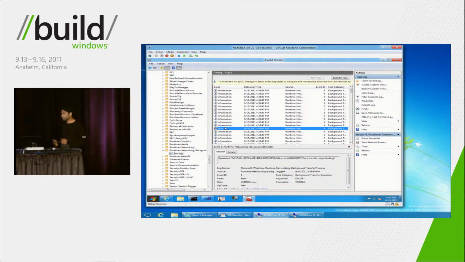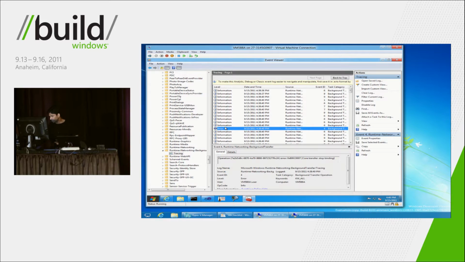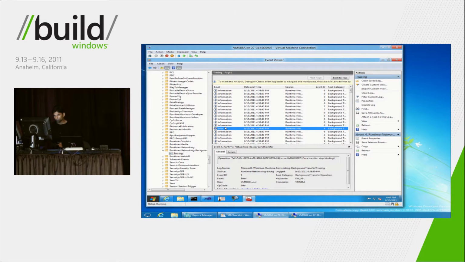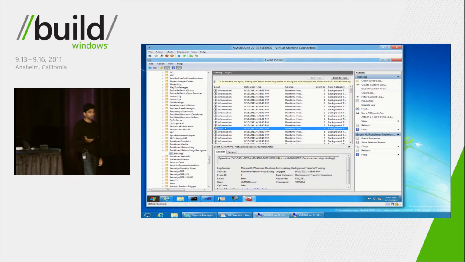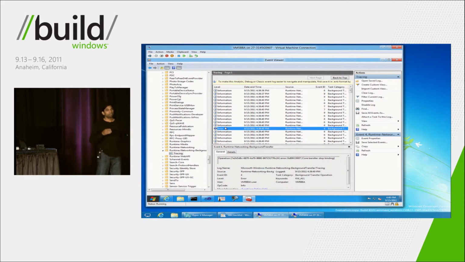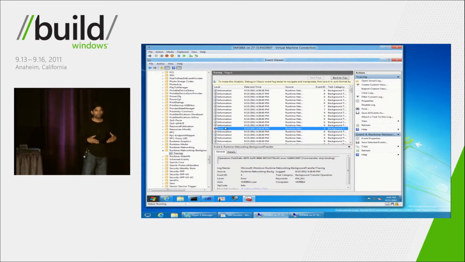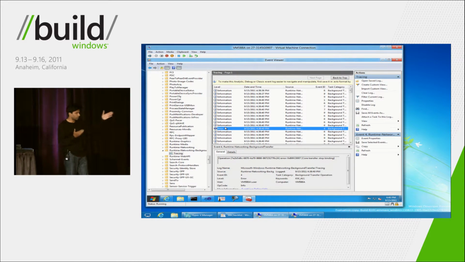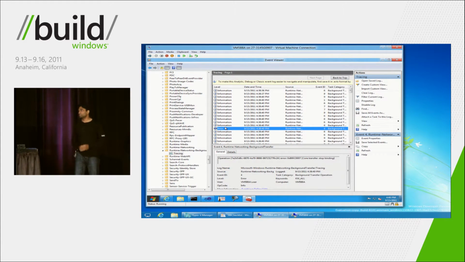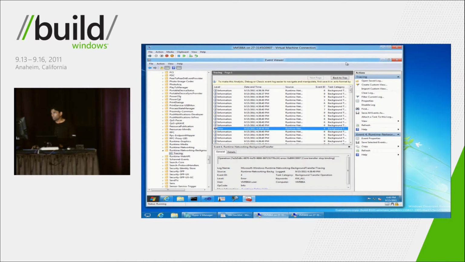So that's a sample, an example of how you'd use the event viewer. I'd also encourage you, the APIs are open, so if you want, you can take advantage and use the exact same thing that Windows components do, and then you don't have to ship private binaries, etc., to just find out what happened. You can use the same model, and it's very performant, and it's very useful. All right, so